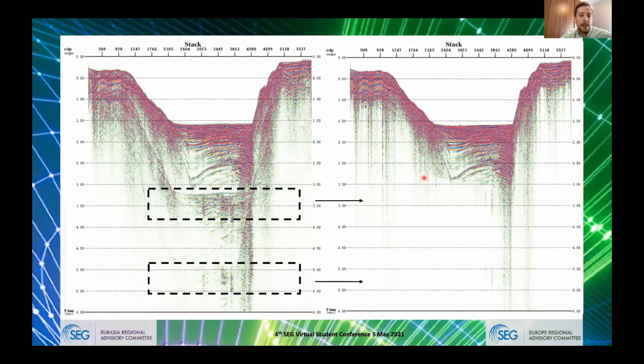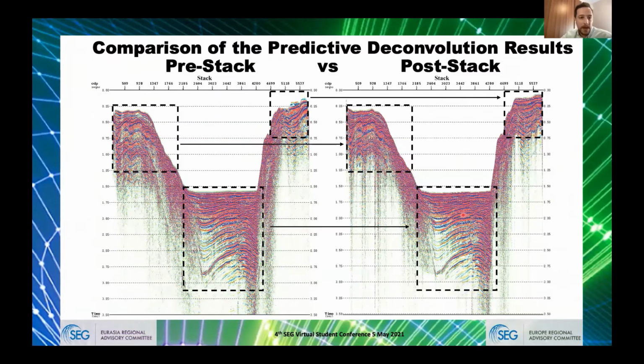At the end, when we apply the predictive deconvolution to the post-stack section, the surface-related multiples are suppressed, as you can see here, but while suppressing the multiples, the primary reflections are also attenuated. So it's hard to select some primary reflections in this figure. If we compare the results on both the pre-stack domain and the post-stack domain, we see, when we apply the